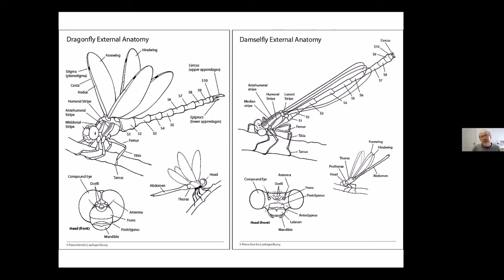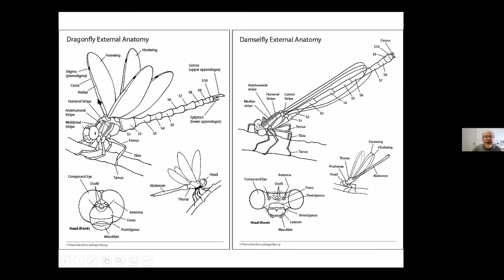Now, it is probably worth you learning a bit about their physiology, partly because the book will often refer to a feature to help you identify it. And unless you know what part of the body it is they're talking about, that will be meaningless to you. And for tonight, really, the only ones you really need to know are